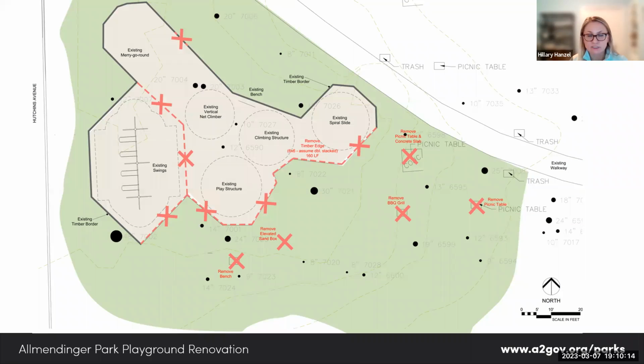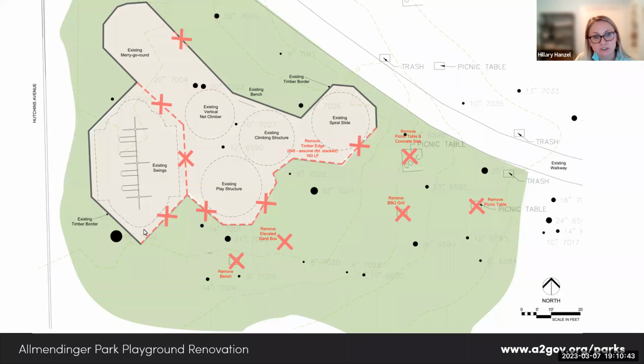And so here, this is a plan or map, and it can be a little tough to orient yourself. So north is up, Hutchins is here on the left. Don't be scared by all the red X's. We're not removing trees. I know it can look a little scary. The trees are actually on these black dots. So the black dots represent the different trunks and the bigger diameters versus the smaller ones. So we know where all of those are, and we're actively going to be designing around them.